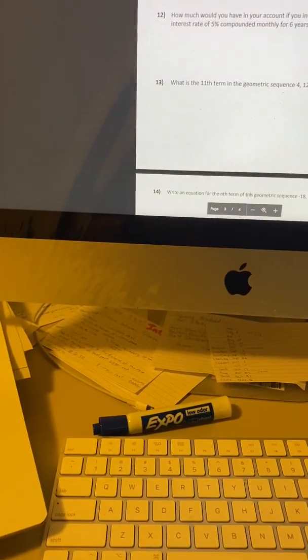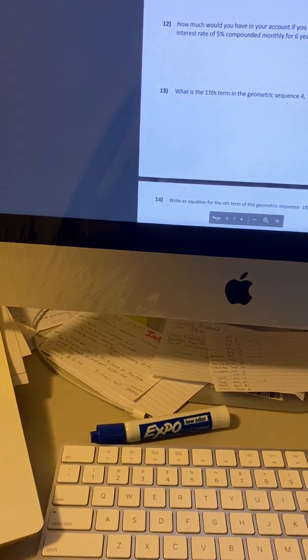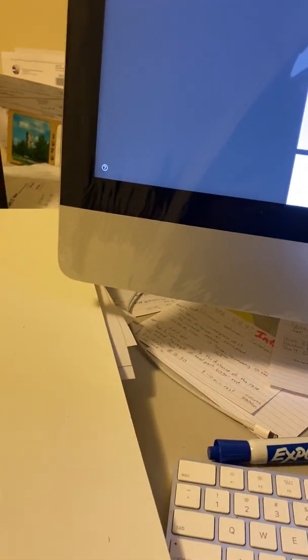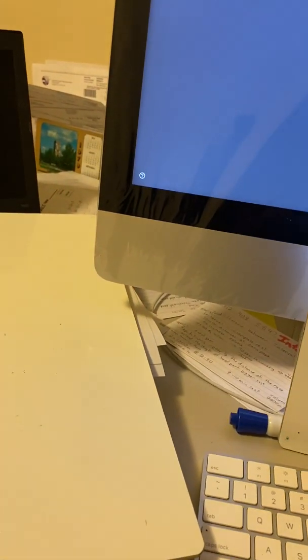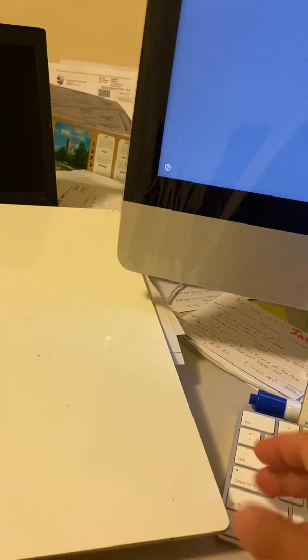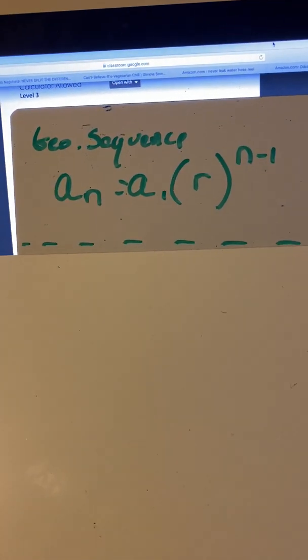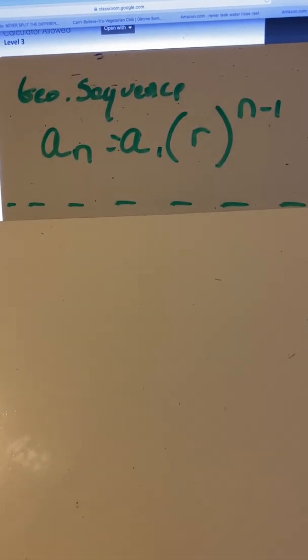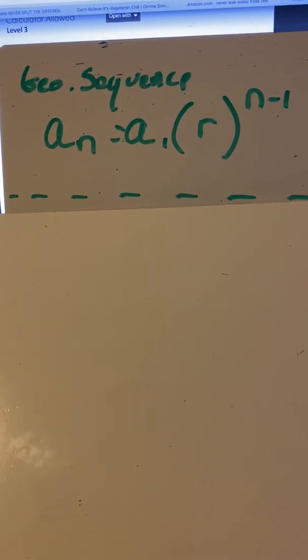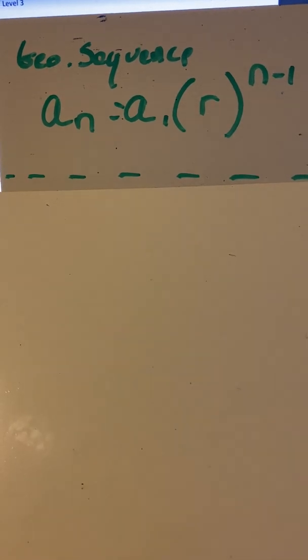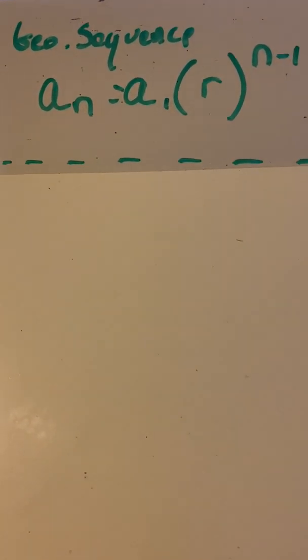We went over one of them yesterday, and that was the geometric sequence formula. Geometric sequencing. We did that one yesterday a couple of times. I'm going to use this geometric sequencing right here. The geometric sequencing formula is a sub n, the nth term, whatever the term is they want you to go to, is equal to a1, which is the initial number where you start, times